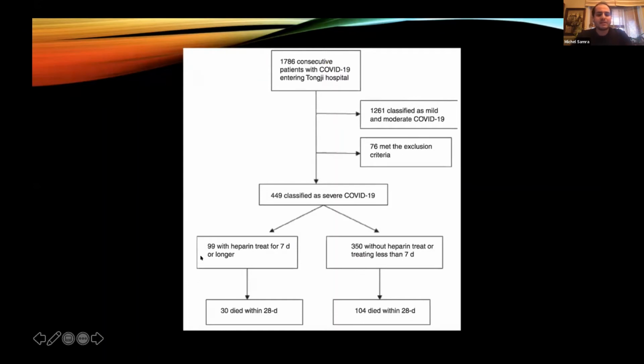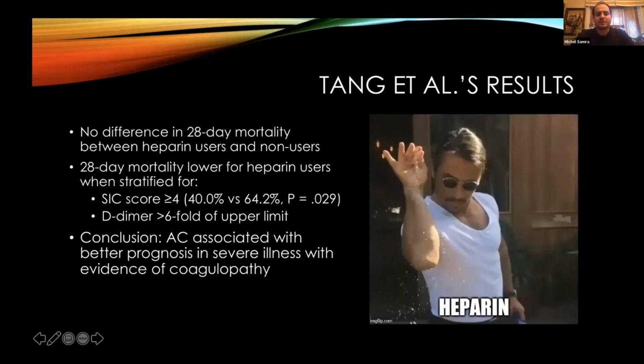But you can see that they took out all of the mild to moderate COVID patients, and they really focused in on severe COVID patients, and they divided those into patients who had gotten heparin and those who had not. And this was the mortality. In terms of the results, what they actually found was that there was no difference in 28-day mortality overall between